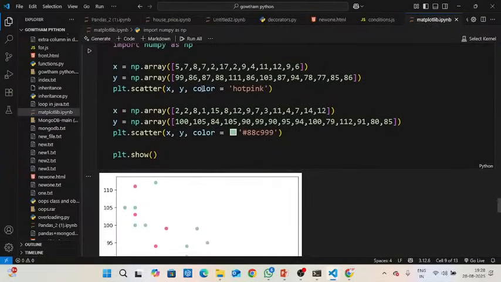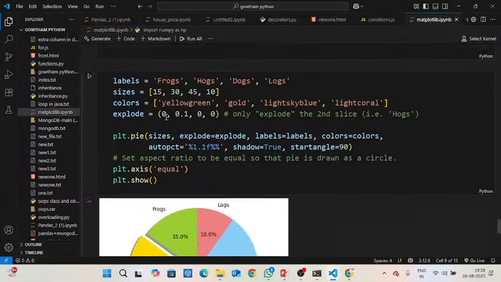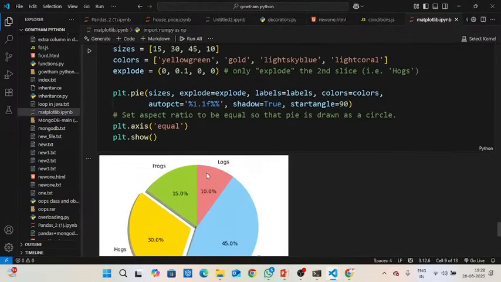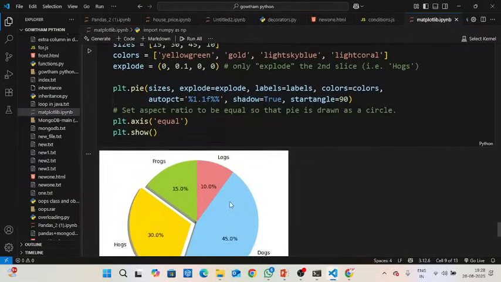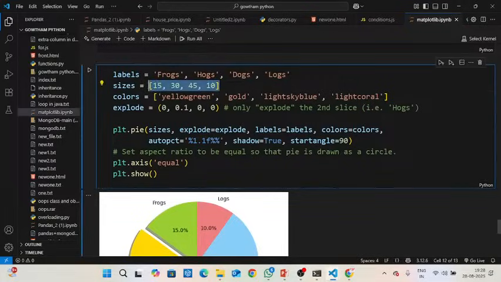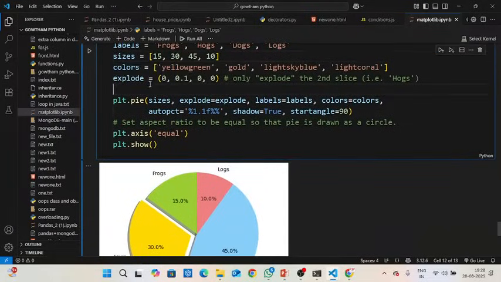Okay, this was an example of a scatter plot. After that, pie plot. If you don't give anything, it is directly created as a pie. If you want it to be interactive, you need to give all the data like this. First you need to mention labels and sizes. The sizes might total 100%. You can give any data, but if you want the accurate value, you need to give 100% of the data. If I count, you need to count to 100. And colors and explode.